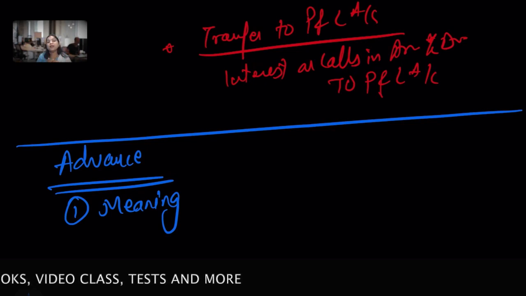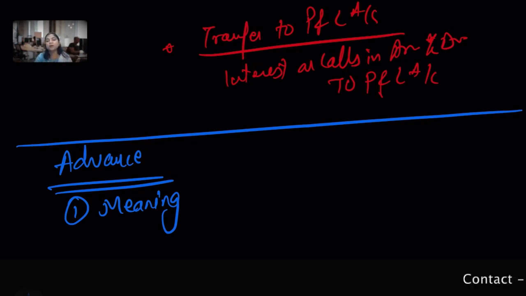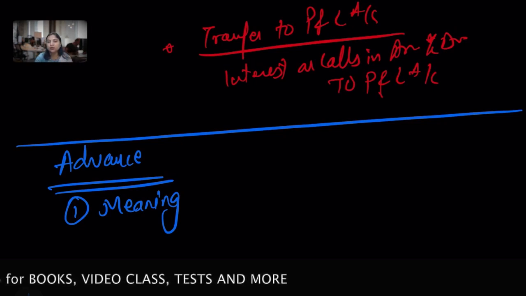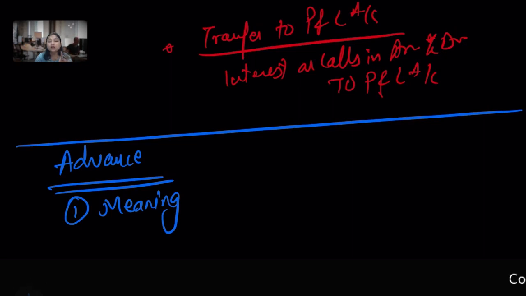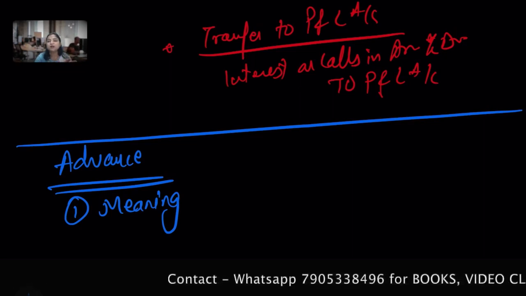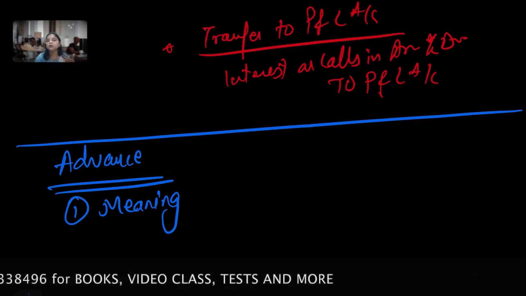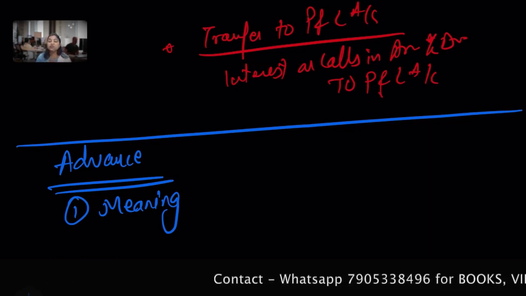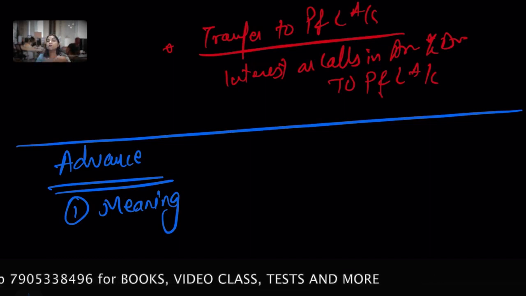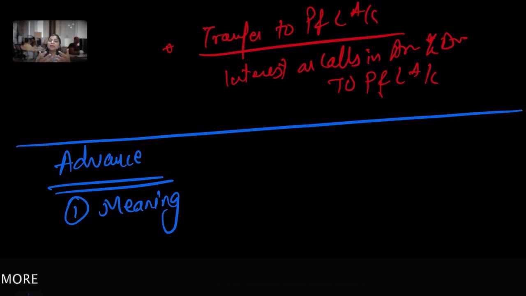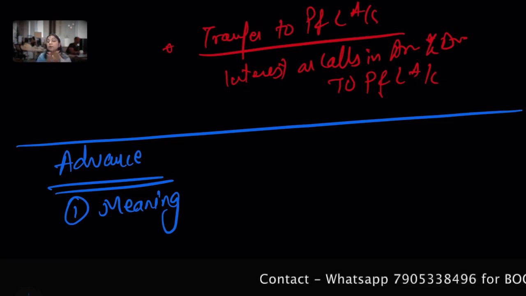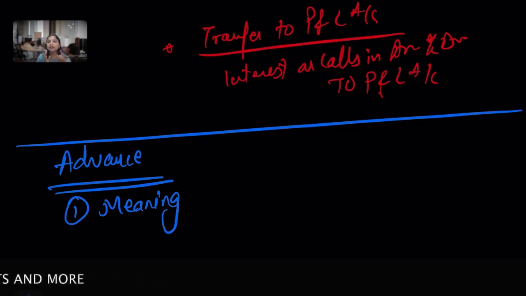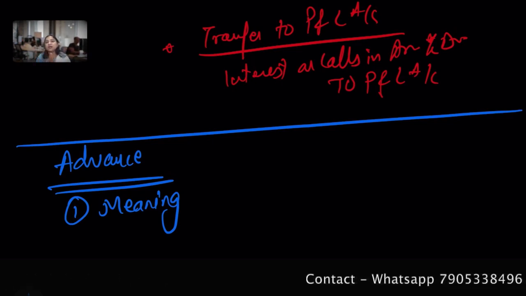So what if you pay an extra amount? Sometimes a shareholder pays well in advance to the company. Okay, so that is called an advance. That particular portion which is paid well in advance, there are some situations in which advance can occur, not in all situations. So when the company receives an amount which is remaining unpaid, I didn't ask you to pay unpaid on shares, but you paid it as a shareholder, which has not been called up. I didn't call you to pay, but you paid it. So that is subject to the calls in advance, and this is authorized in the articles of association.